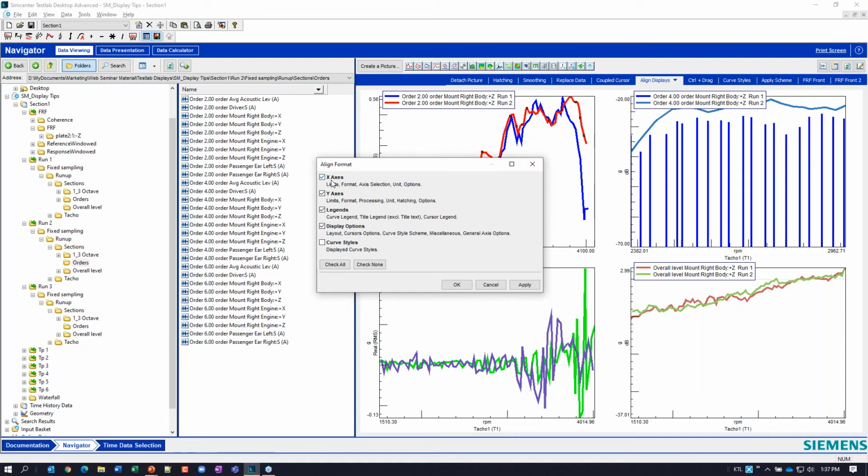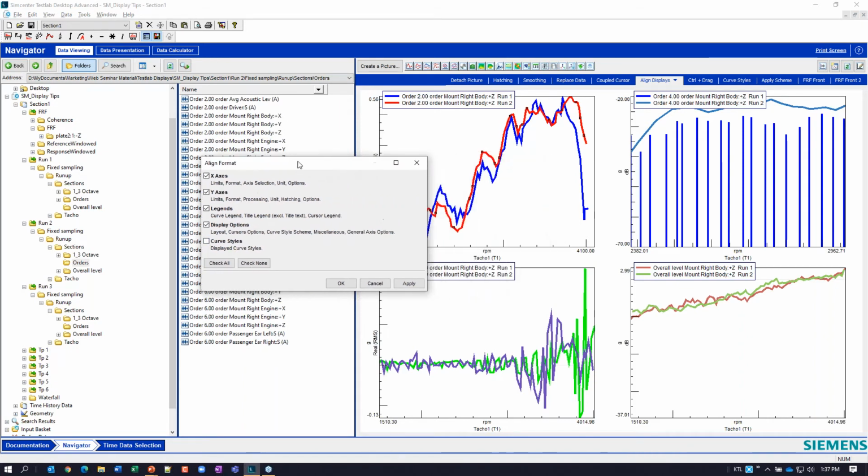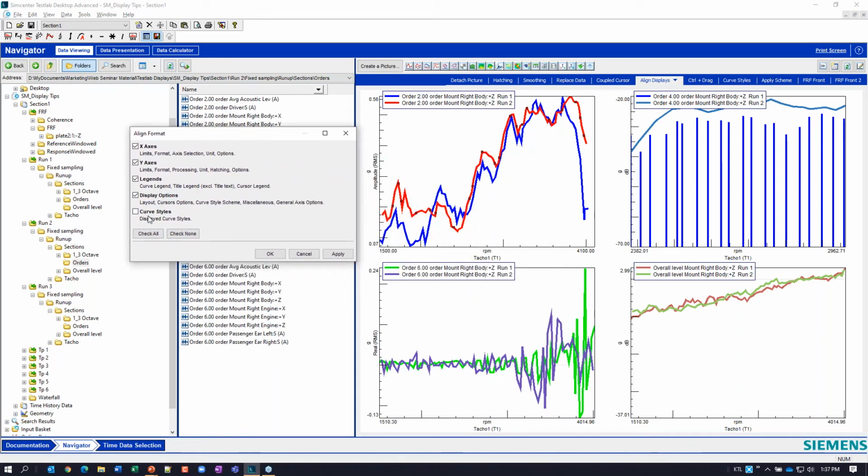Right now I'm just going to align the x-axis, the y-axis, the legend format, and the display option, so all the cursors and stuff that I've got in there. Right now I'm going to leave curve styles unchecked so that the colors and the curve styles will stay the same, but all of the axes and legends and everything else will be aligned to this top left guy.